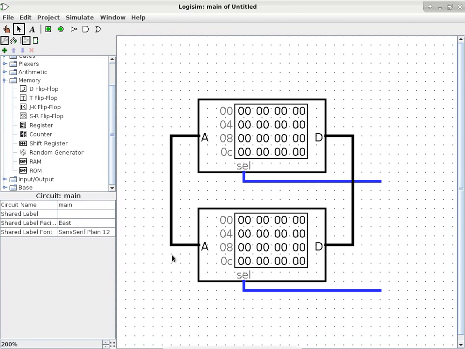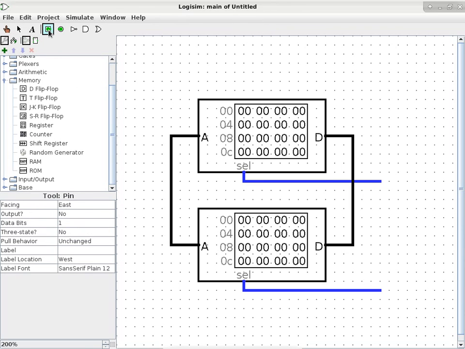The next thing I'll do is, okay, I cannot really see what is going on with just the wires. So what I'll do is use input pins and output pins, just like in your homework assignment, so that I can visualize what the data bus is outputting, and I can also control what the address bus is specifying. Okay, so to do that, it's the same way as we usually do it. We have an input pin to specify something that is an input. And the input pin in this case goes to the address bus, because the address bus is what is telling these two chips which location to access.